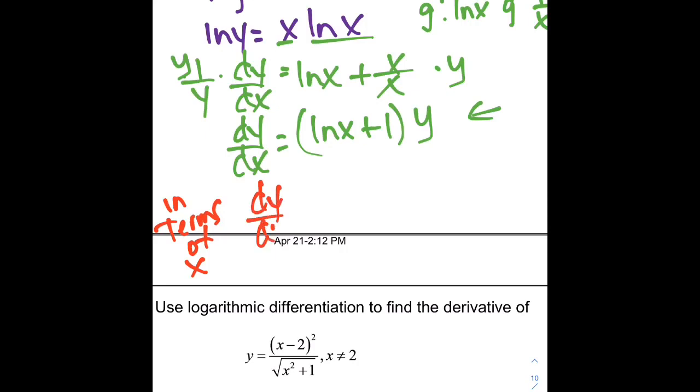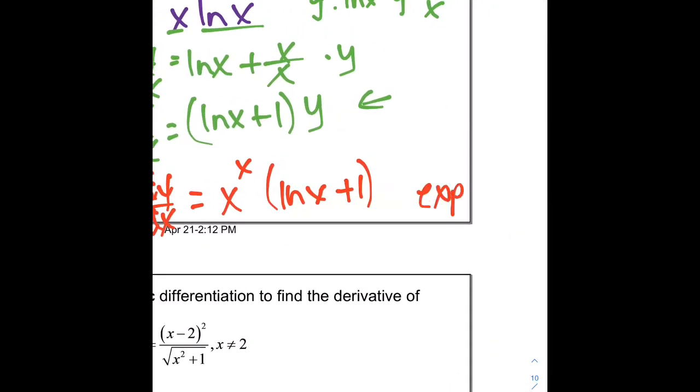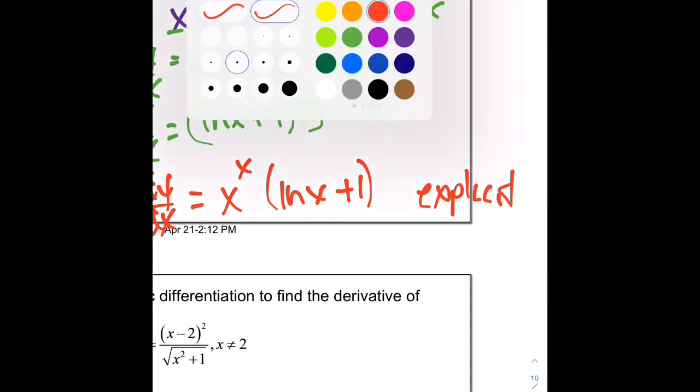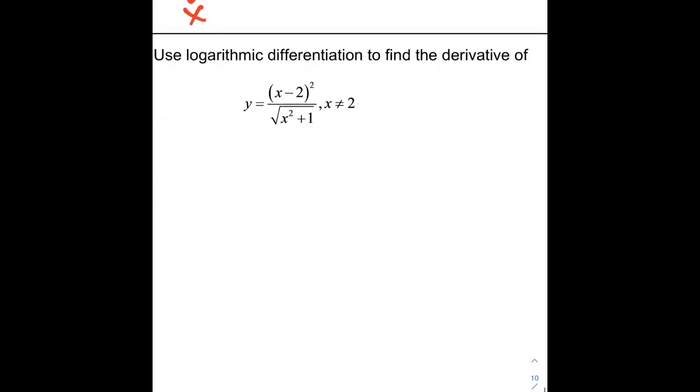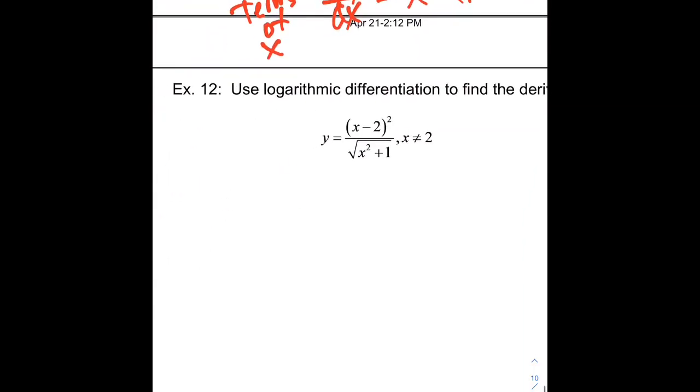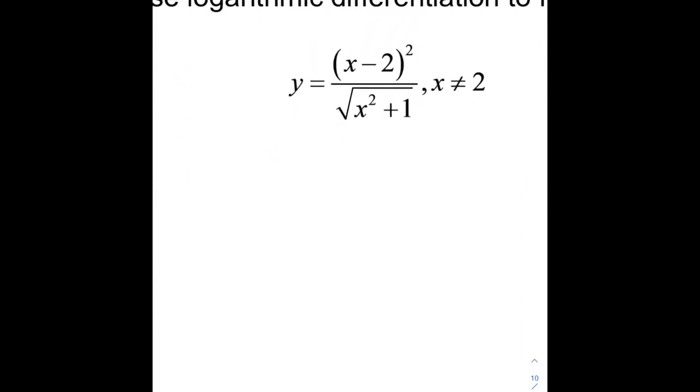dy/dx is equal to x to the x times the natural log of x plus 1. So again, I would call this the explicit form of the derivative, and we would have called this the implicit form of the derivative. Okay, and here is our last example. What I wanted to show you is while this is explicit form,